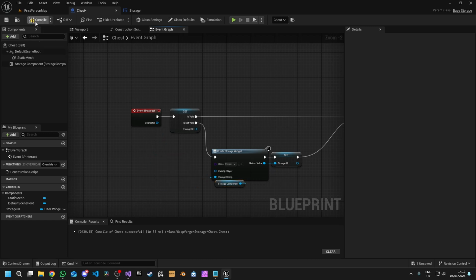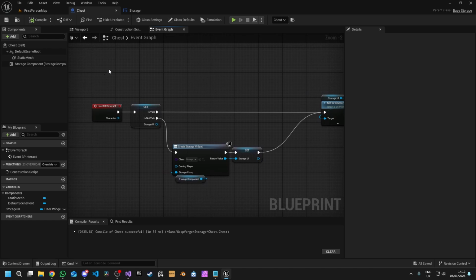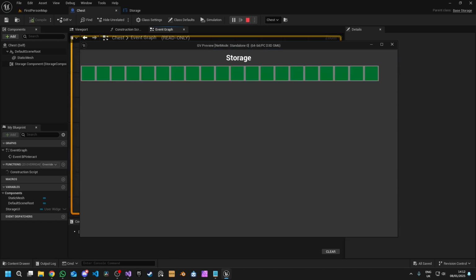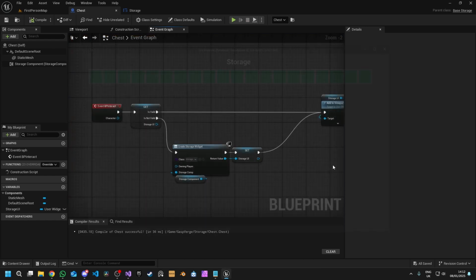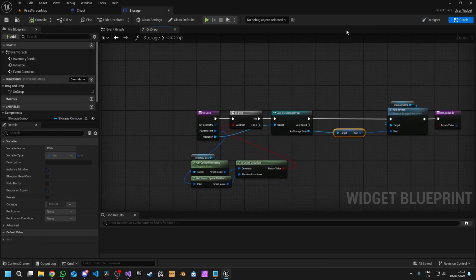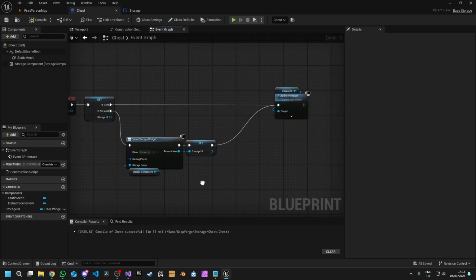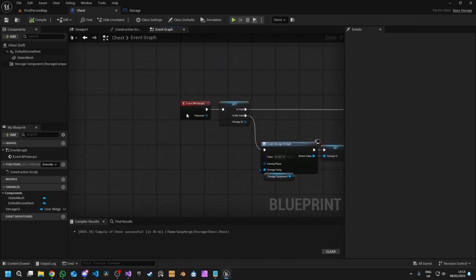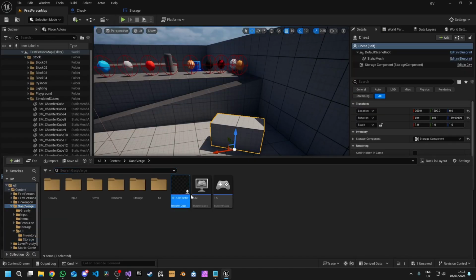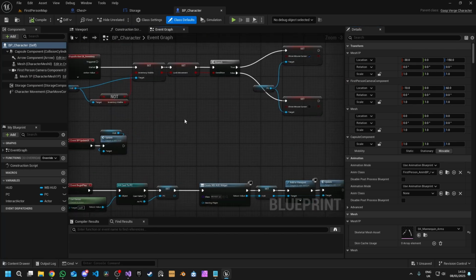Do I even need that? No, I might be able to get away with that. So let's have a look, shall we? Let's play this. And we have our storage. We don't have anything to cancel out of that storage. I'm pretty sure, it has been a little bit of time since I was on here, but I'm pretty sure